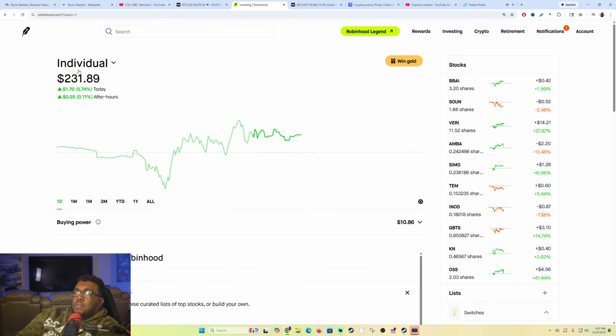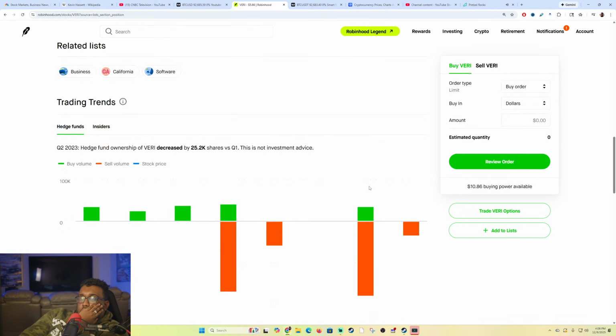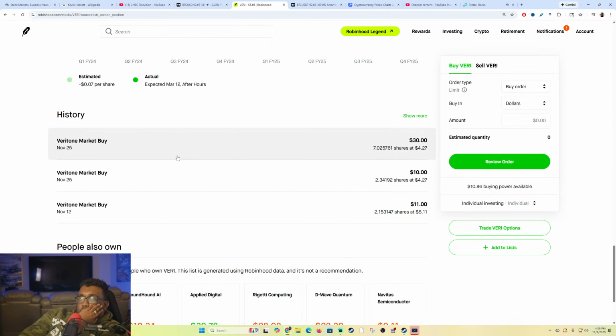There you go. Our portfolio went up 0.74% today, or around 0.1% after hours. The last time I loaded this thing up was like late November, I believe. Let me just go over here to vary. I think I can actually see the orders I put in for this one. Yeah, same day. November 25th. So technically I shouldn't be adding anything here until the 25th.